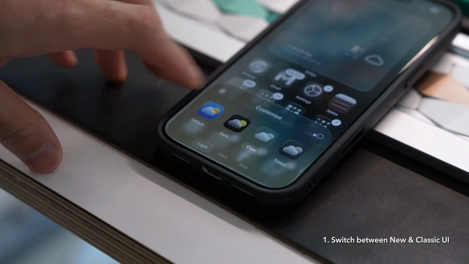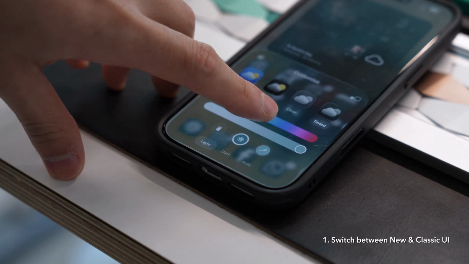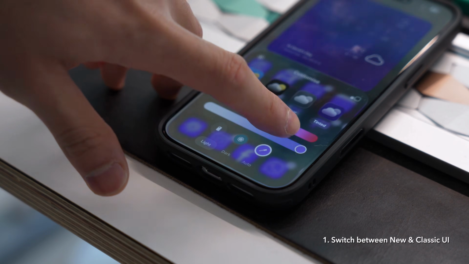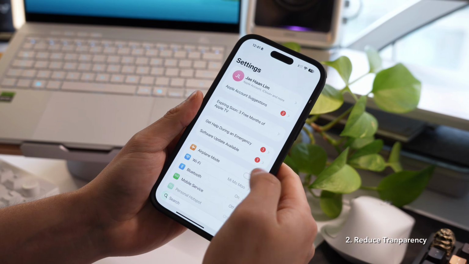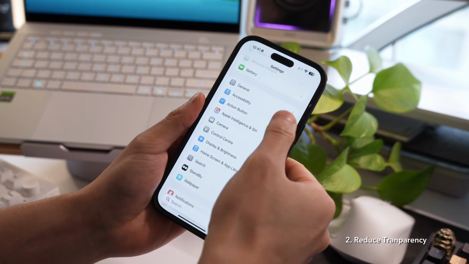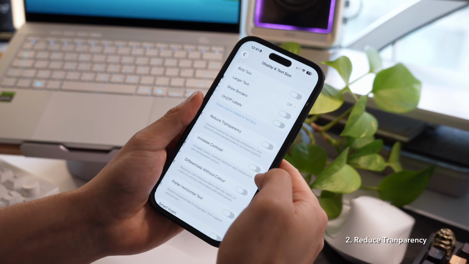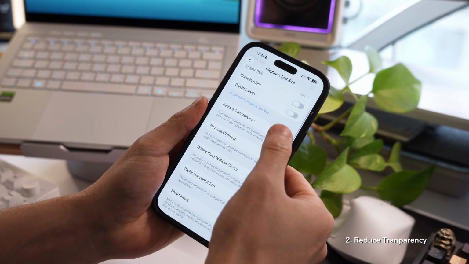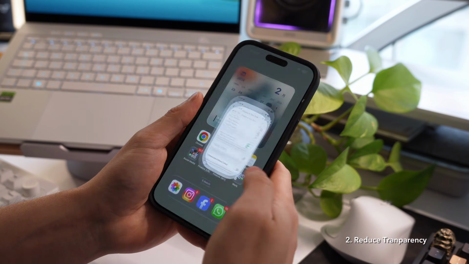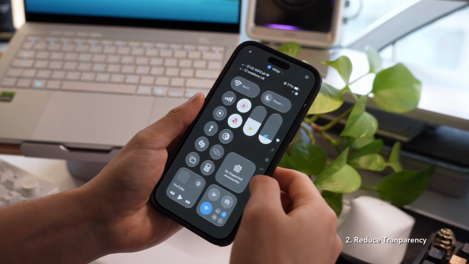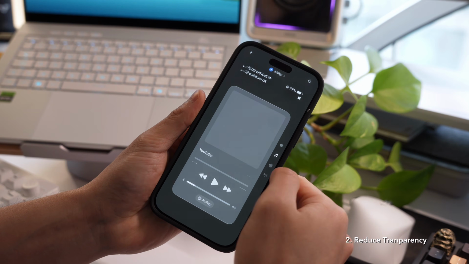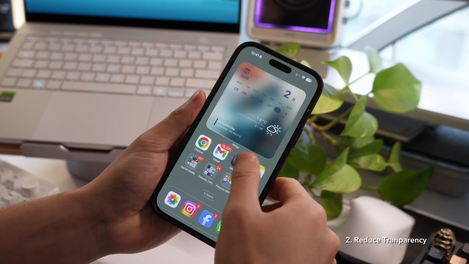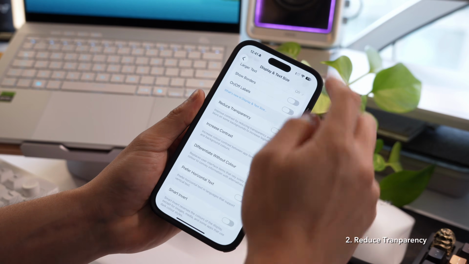You can switch between default, dark, clear, or tinted icons, transforming the whole feel of your home screen. Secondly, I recommend you turn on this function called Reduce Transparency. Just head into Settings, go to Accessibility, then Display and Text Size, and toggle on Reduce Transparency. Instantly, your control center becomes more solid, easier to read, and way less see-through. Visually, it makes everything feel cleaner and more focused, and it actually improves iPhone performance by cutting down on heavy